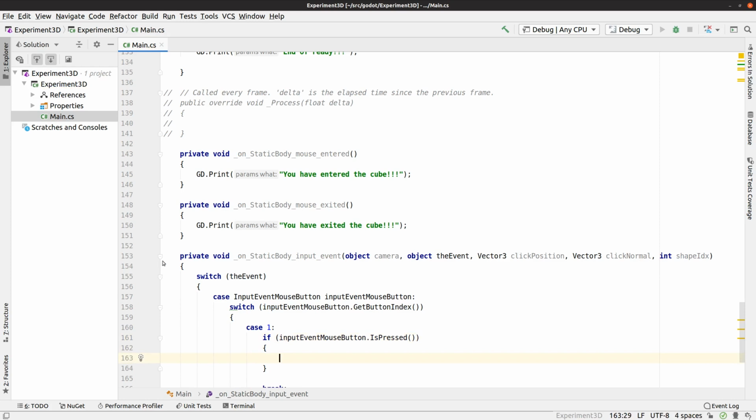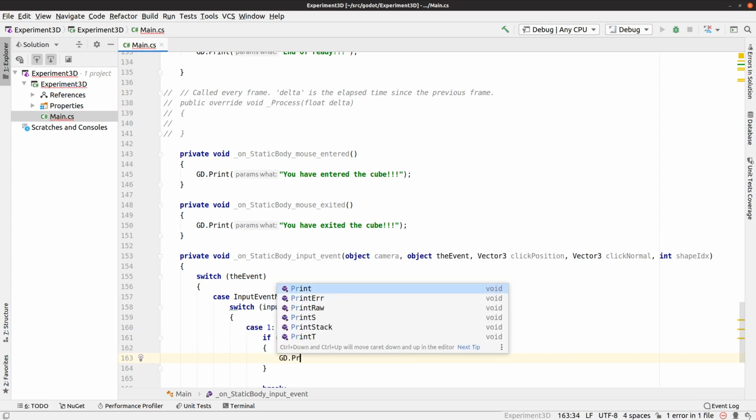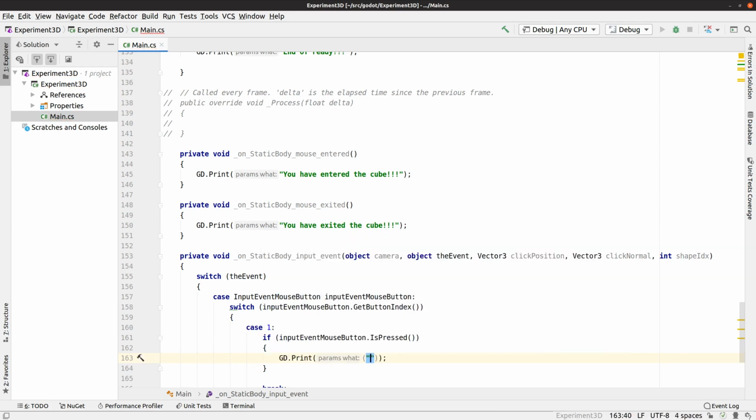Okay, so when it comes into this method, that means that some event happened in the object. Now, there are lots of events that could happen there, including a mouse move. But we're going to switch on the event. We're only going to care about the event mouse button. And within the event mouse button, we're only going to care about the first mouse button. And what we're going to say is, you clicked